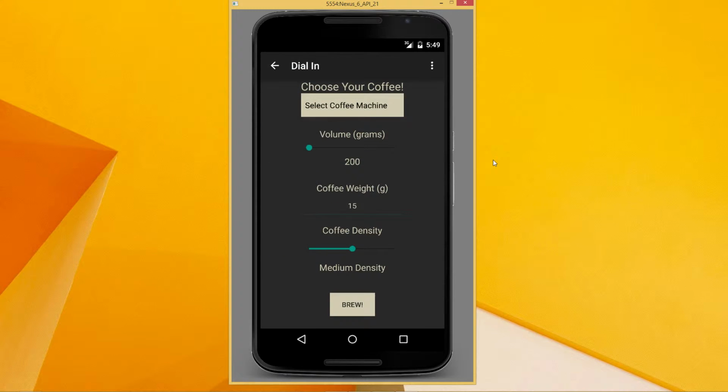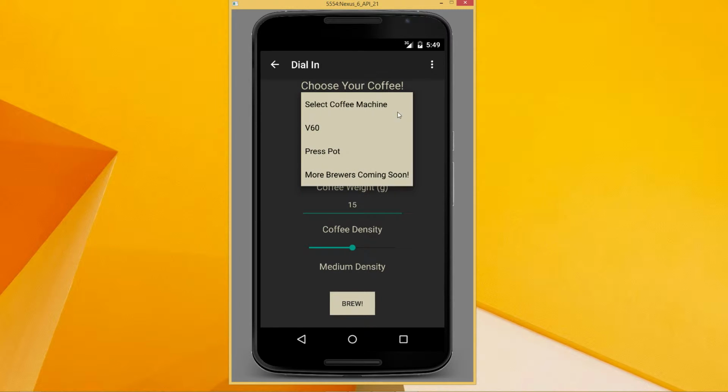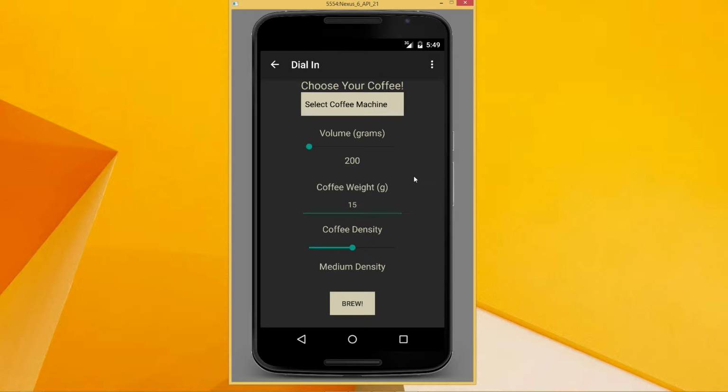We're going to start off with a dial-in screen because this is the first screen that users will probably use the first time they use the app. So for this screen, the structure hasn't changed very much. We have a drop-down list to allow brews to be selected, with more brewers coming soon whenever they're added to